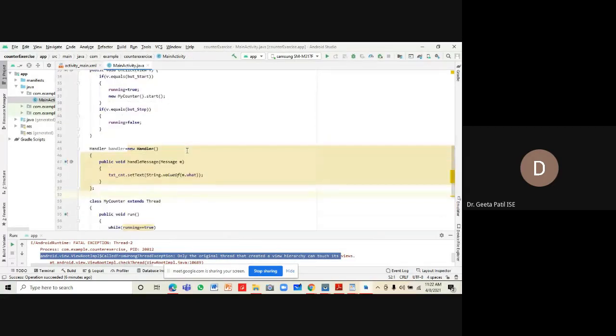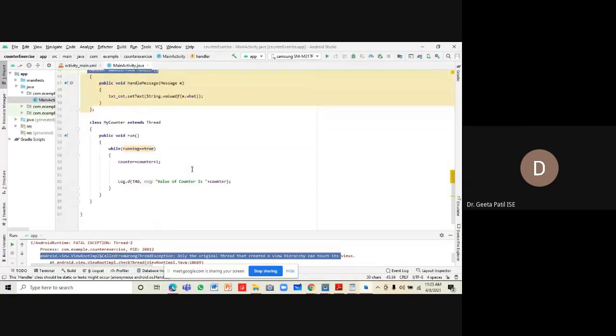Yeah. So we have created an object over here of the Handler class, and this handler has a method, handle message, to handle the message. So whatever message is coming, that will be handled by the handler. The handler is used for sending the message from the child process to the parent process.